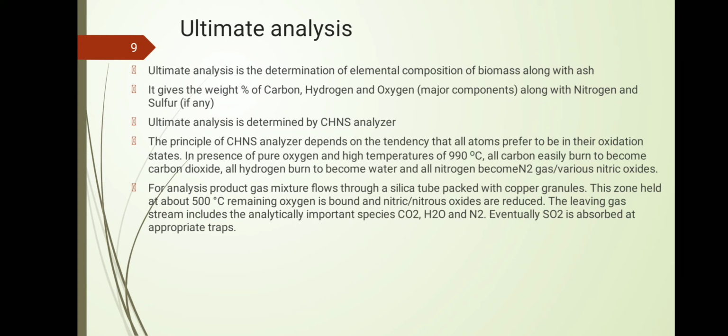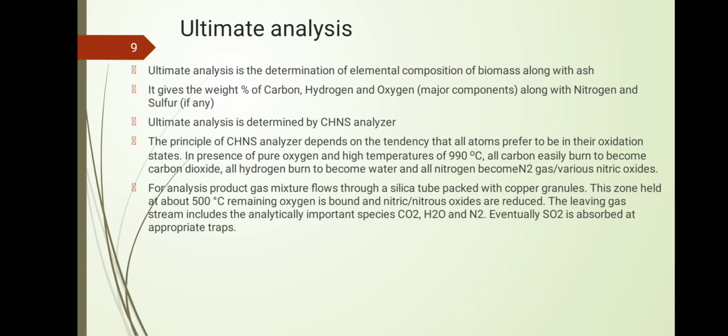So first the gas is flowing. After the gas is produced, we have to determine the composition of this gas. So in the CHN analyzer, first we are converting our biomass into gas, CO2, H2O vapor and other gases with the help of supplying oxygen and high temperature. Then this gas is